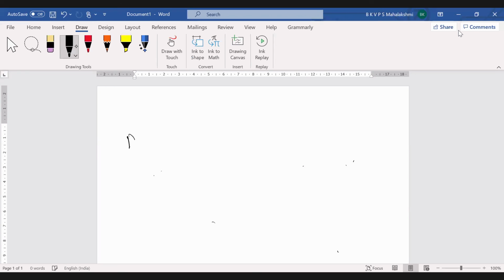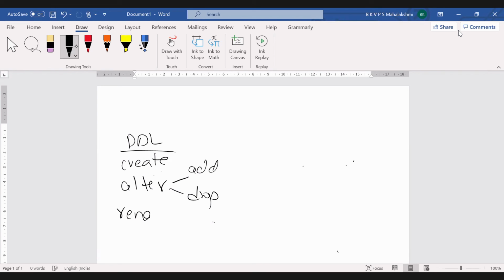DDL: the commands we have just discussed are create, alter, again add, drop the columns, rename, and even drop. Select is there, and a truncate command is there. I'll tell you, it's not that important.